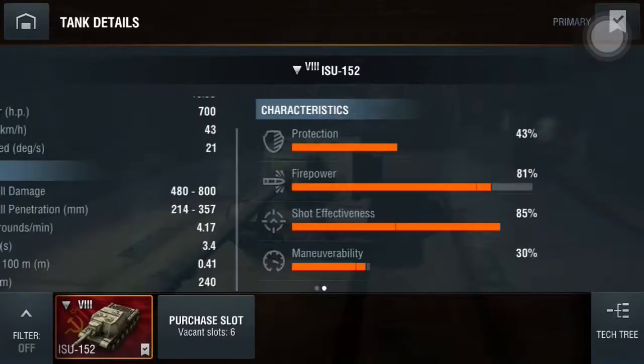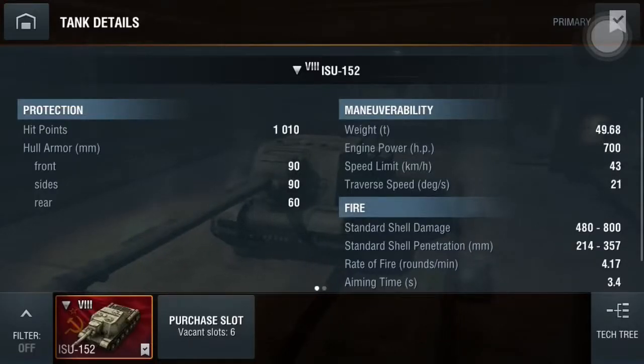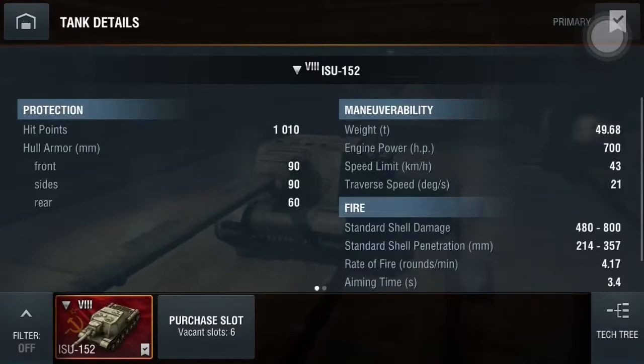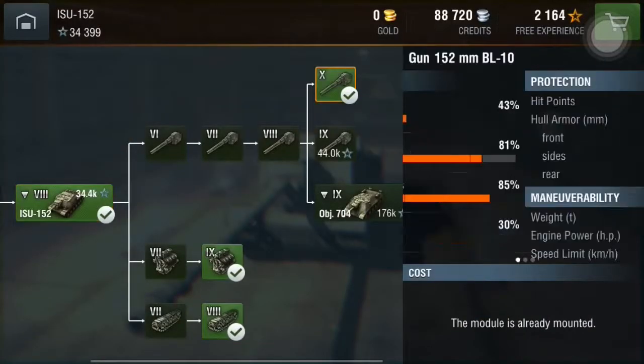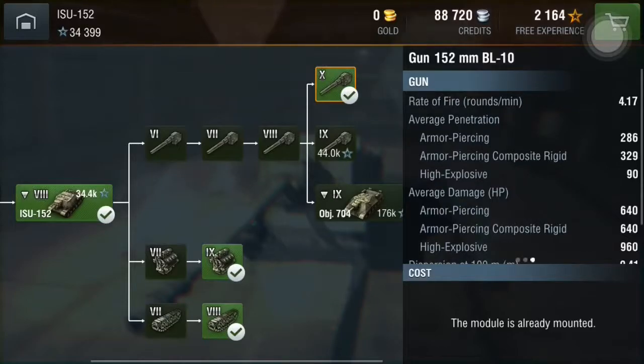Armor's pretty terrible except for the gun mantlet. It weighs, when it's fully upgraded and has equipment, just over 50 tons with a 700 horsepower engine. It accelerates pretty quickly and has a pretty high top speed limit. It has a very slow traverse speed, which means getting flanked is probably going to be a problem. Let's take a look at the BL-10 gun. BL-10 has 400...